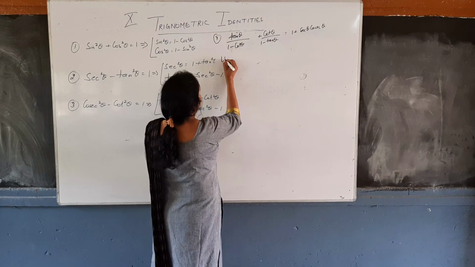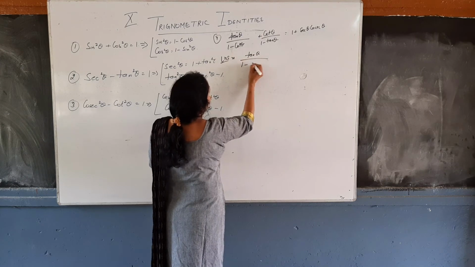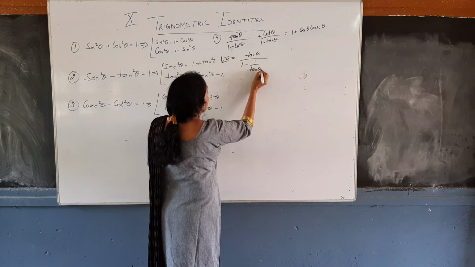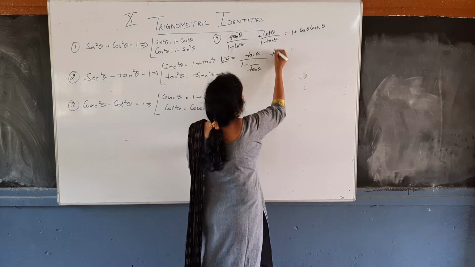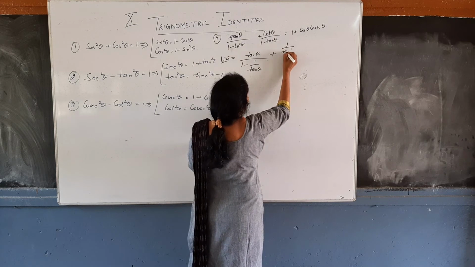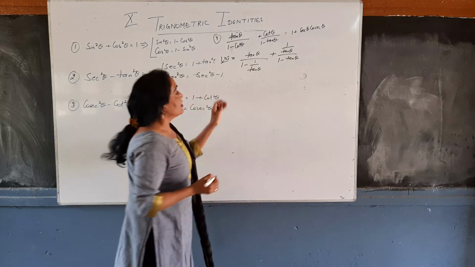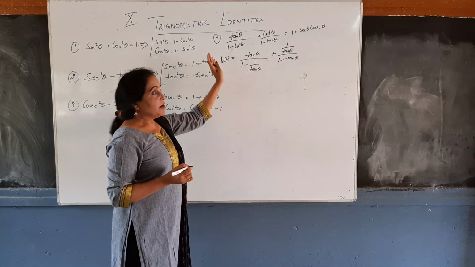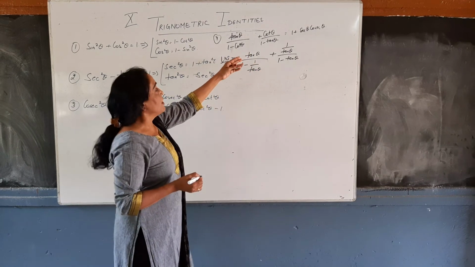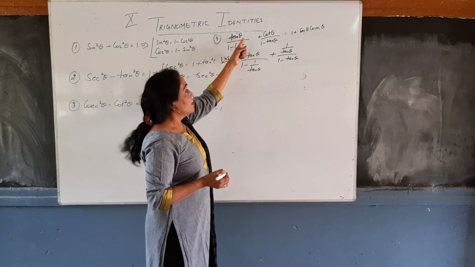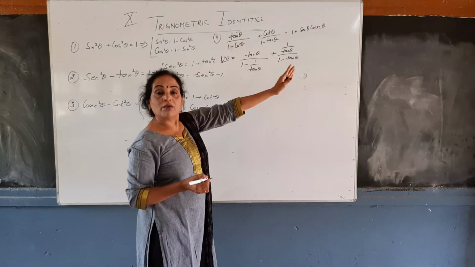So we will first take LHS, that is tan theta upon 1 minus 1 upon tan theta, that is we have changed cot theta in terms of tan, that is 1 upon tan. Plus again cot theta is given, we can write like this 1 upon tan theta upon 1 minus tan theta. Means the complete terms we have changed in tan theta. You can change the same way. Tan you can change in cot also. Either you change in terms of tan or cot.